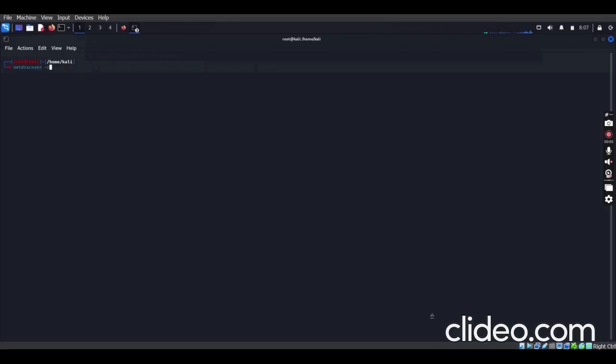Now, first of all, since the machine I'm using to attack this server is in the same network, I need to know the IP of this my attacking machine. From there, I will be able to get the range of IPs.